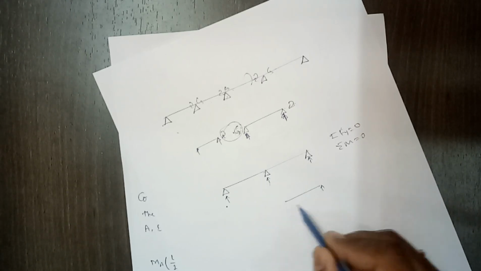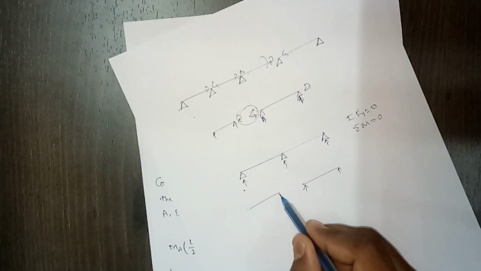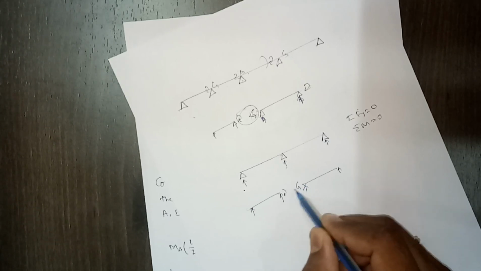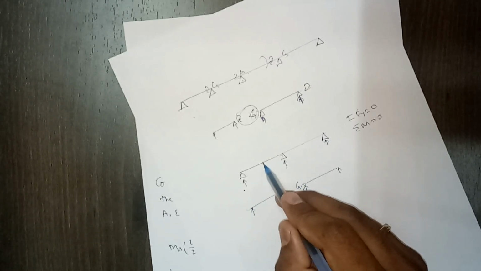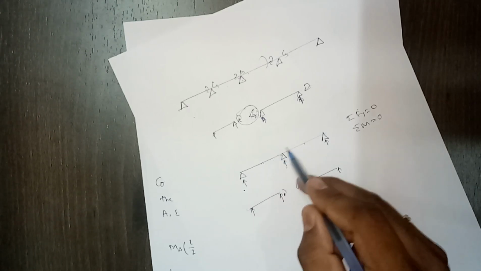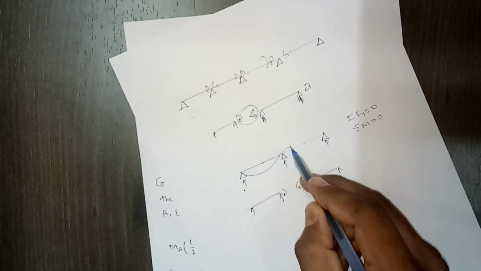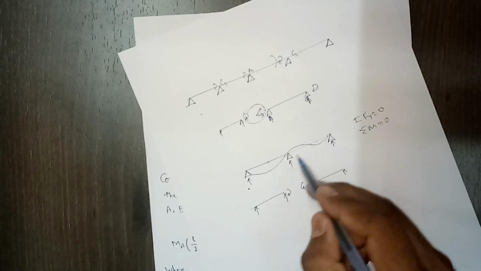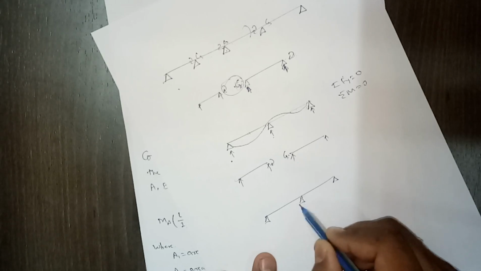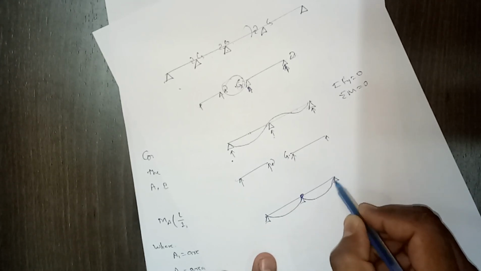Say if we draw the free body diagram of this span and this span separately, right, then there will be a moment of continuity. Some moment will get transferred from this end to this end. Why does moment get transferred? Because it transfers the rotation. If this span is trying to rotate like this, then this rotation will get transferred to the other side of the beam. If we introduce a hinge in between, then this span will rotate separately and this span will rotate separately.